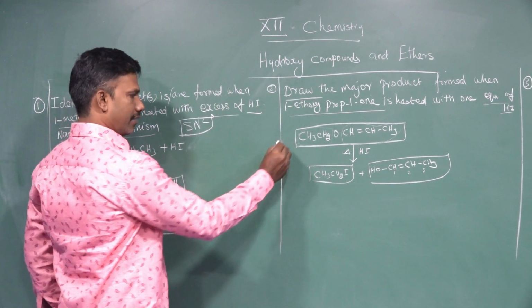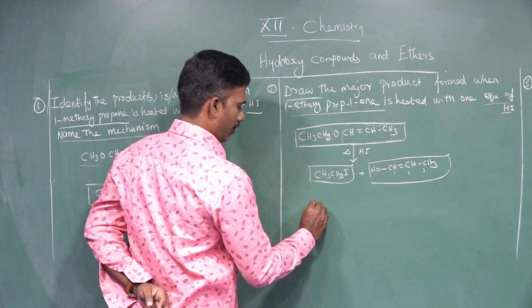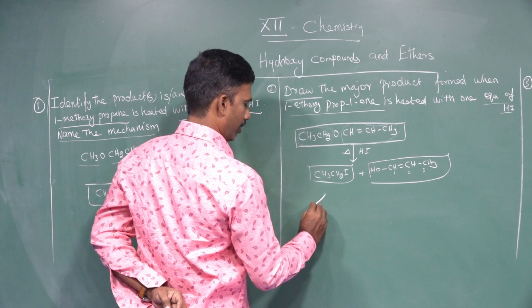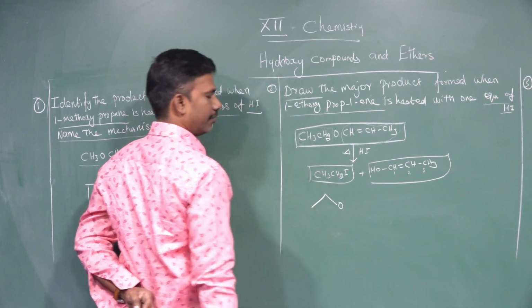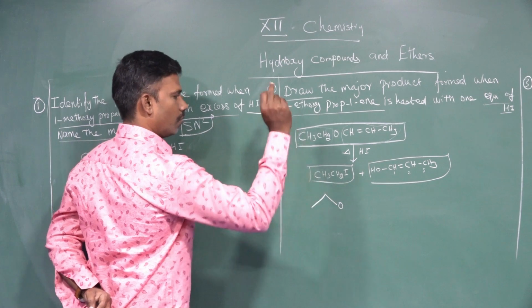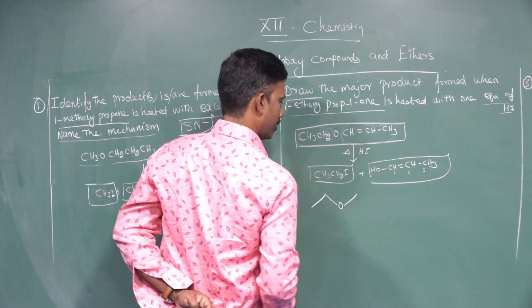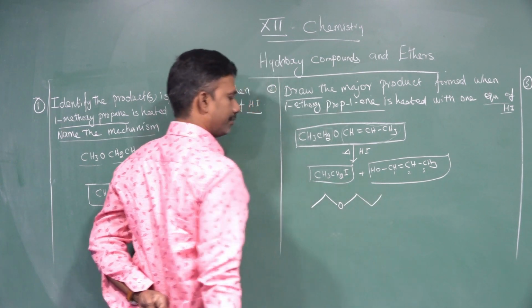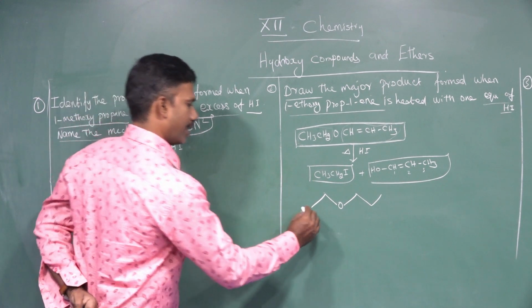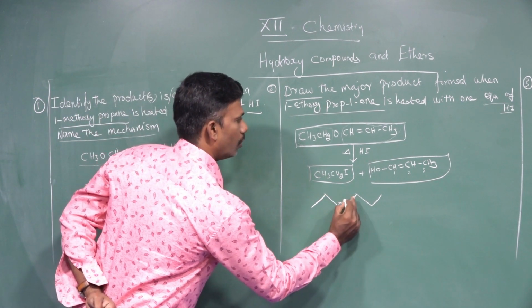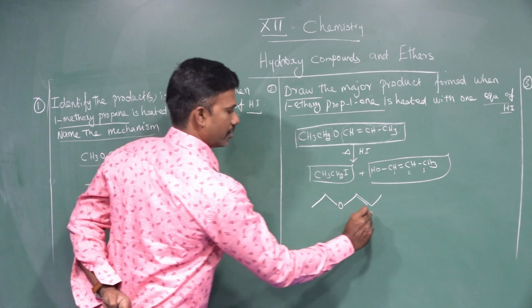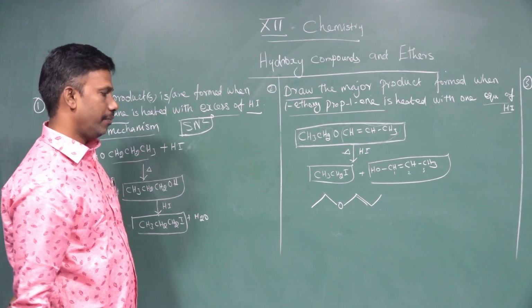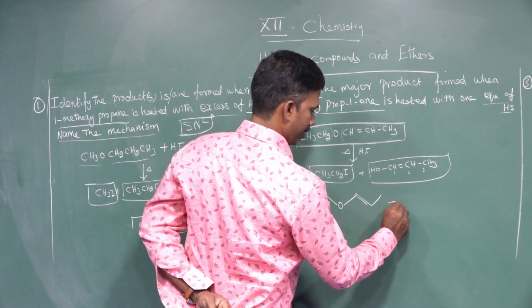For this, if you write a bond line structure, ethyl is one carbon group, CH3, ethyl, CH3CH2O, then CH, 1, 2, 3 carbons. See how the bond line structure is: CH3, CH2O, CH, here double bond, CH, CH3. This is called 1-ethoxy prop-1-ene. When it is heated with HI,